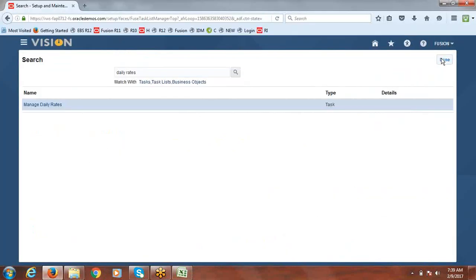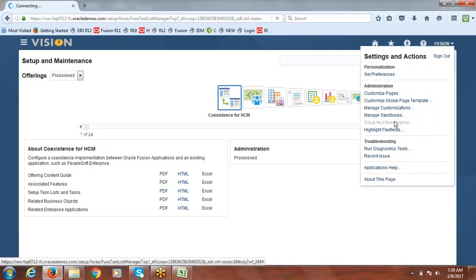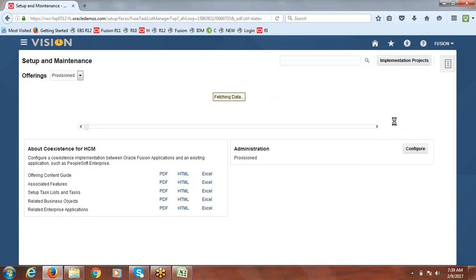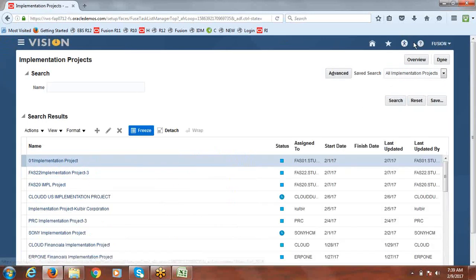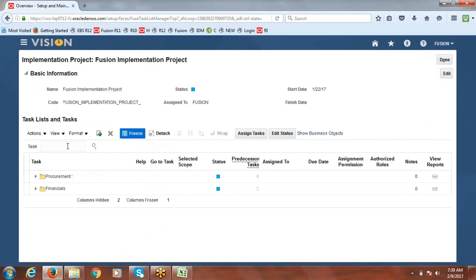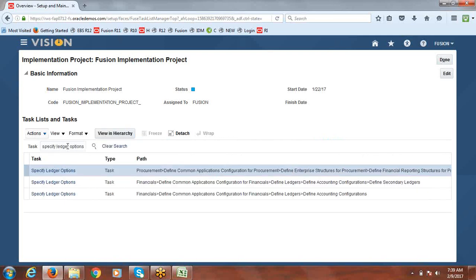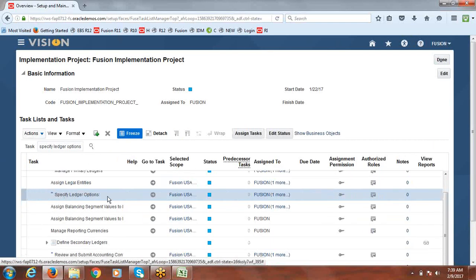Then go to the implementation project, Setup and Maintenance, say implementation projects, click on overview, open this project, say Specify Ledger Options, and click on the Go to Task icon.